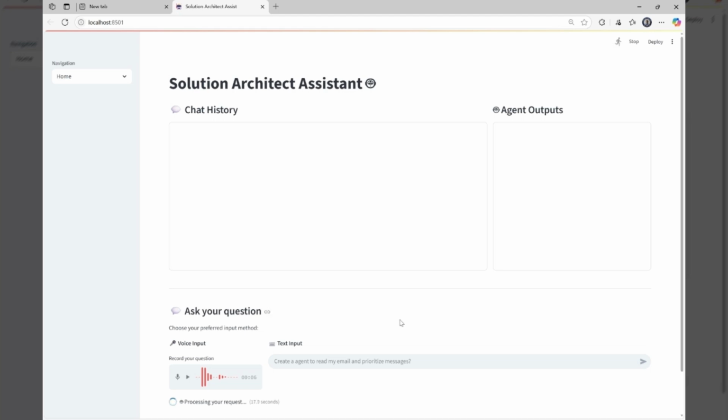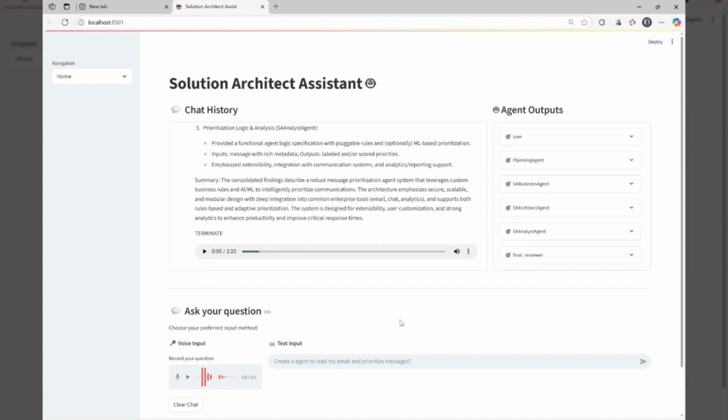Hi everyone, welcome. This is a demo of a solution architect assistant that I've been working on creating. The idea here is to build an agent that can actually help architects like me to go talk to the customer, understand their requirements, and then come up with some ideas on how to build this in an efficient way. Not only just doing the technical architecture, but also detailing the business requirement and also making sure that we do